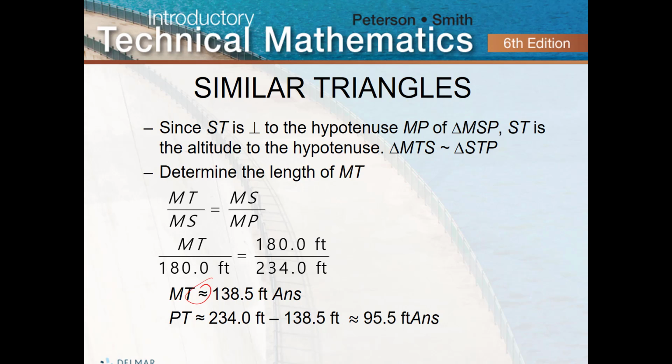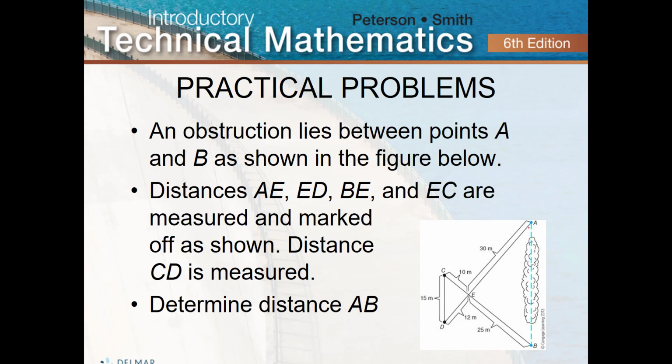So if we look at this last one here, it wants AB. Well, what corresponds with AB? So AB over, that's the opposite, so right here, over 15 is equal to, we could do 12 and 30, or we can do 10 and 25. I'm going to say let's do 30 and 12. So if I go 15 times 30, remember, I'm going to bring that up, so it's going to look like 15 times 30 over 12. I'm going to plug that in my handy dandy calculator. 15 times 30 divided by 12,